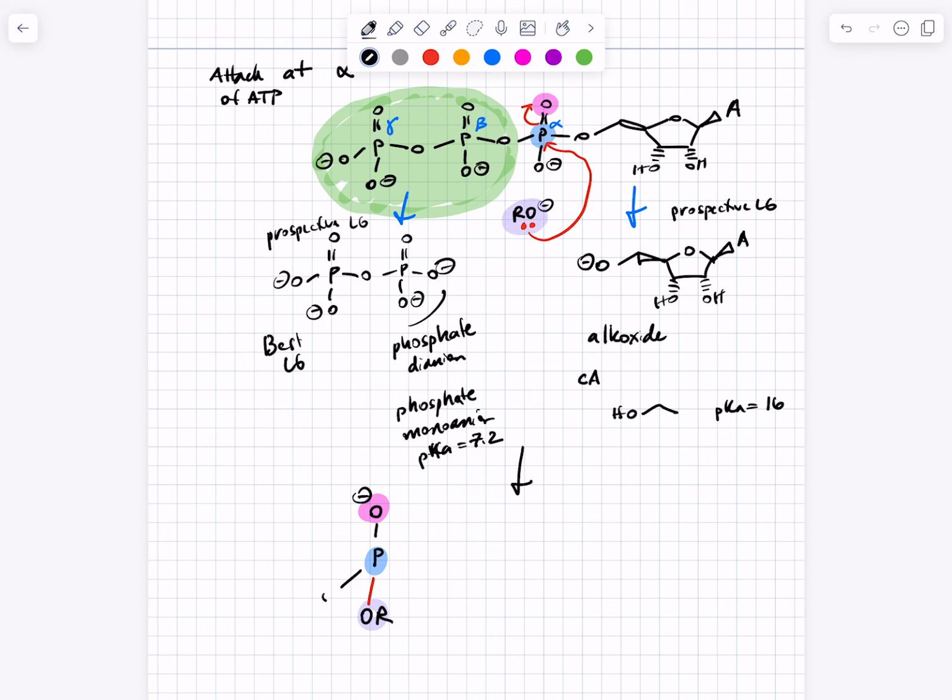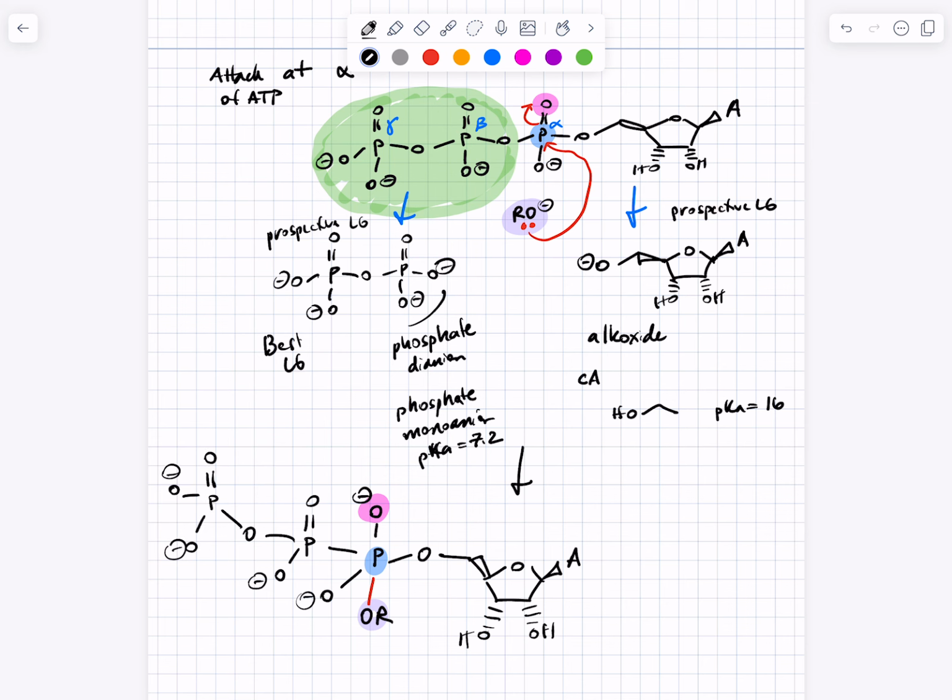Over here is another negatively charged oxygen. Over here is the oxygen from the 5-membered ring. Here is the adenine base. And then here are the beta and gamma phosphate groups as leaving groups,